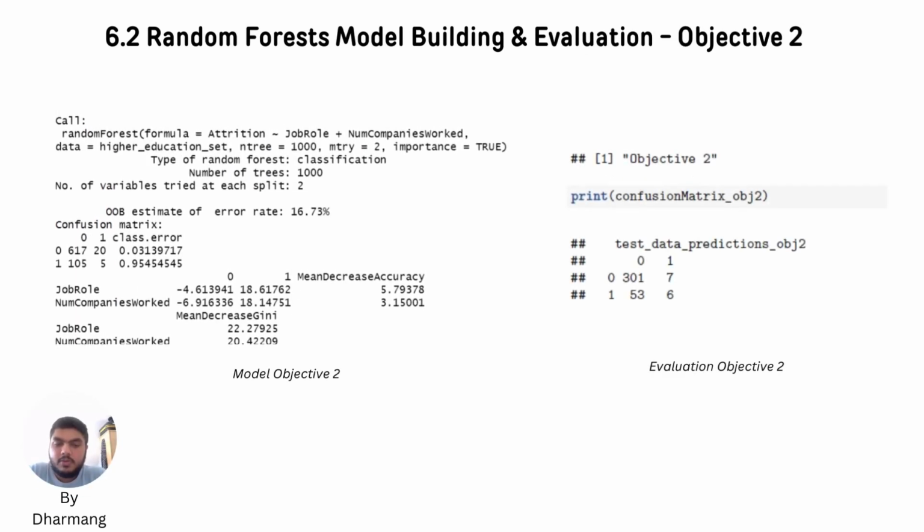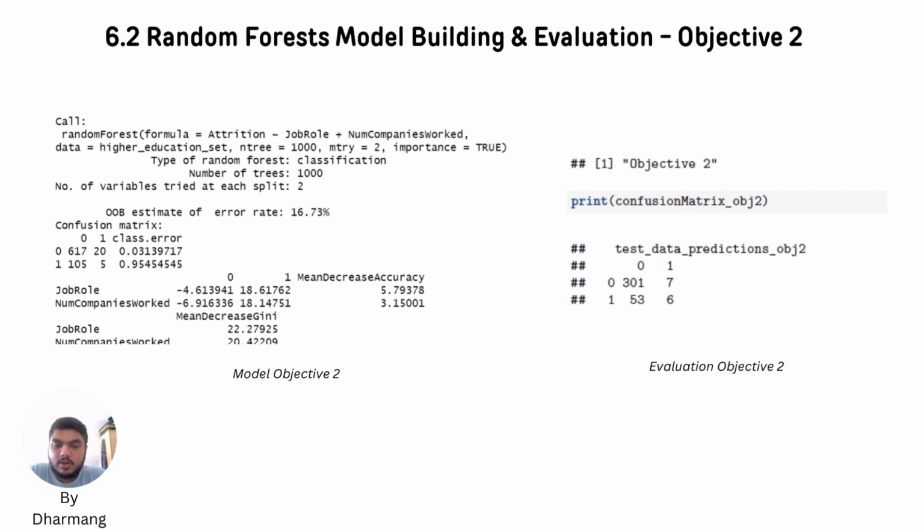The random forest model for Objective 2 used job role and number of companies worked to predict attrition, with 1000 trees and 2 variables tried at each split. It showed a slightly higher out-of-bag error rate of 16.59% compared to the model in Objective 1. The model had a low class error for predicting non-attrition, but similar to Objective 1, it entirely failed to